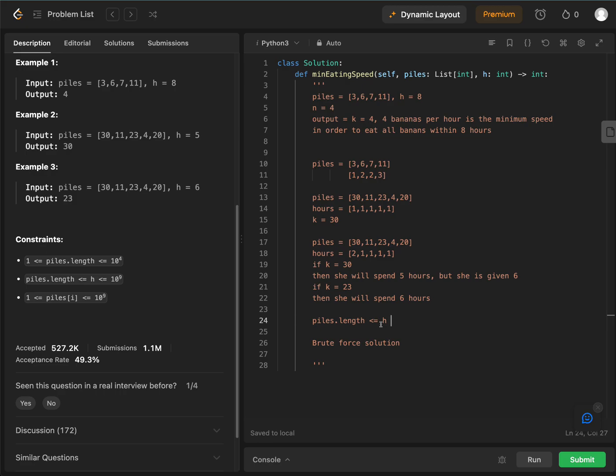Right? So it's going to be impossible to find the answer if piles.length is larger than or equal to h. Anyway, I don't think I need to explain that in the interest of time. For the solution, we would simply set the piles length and hours,